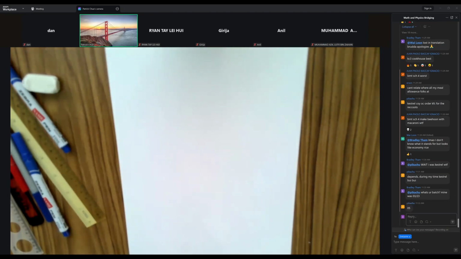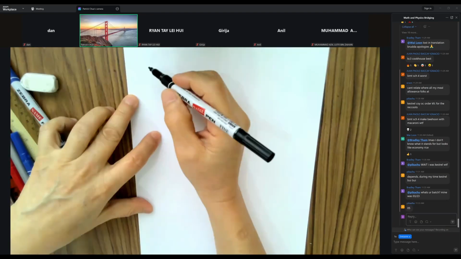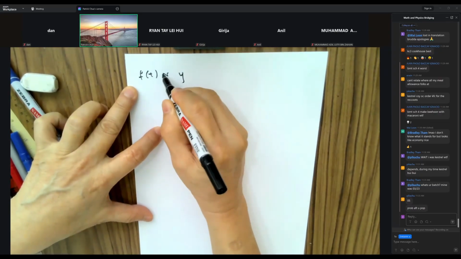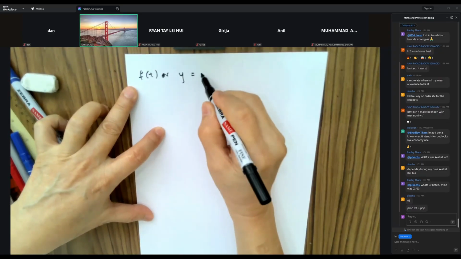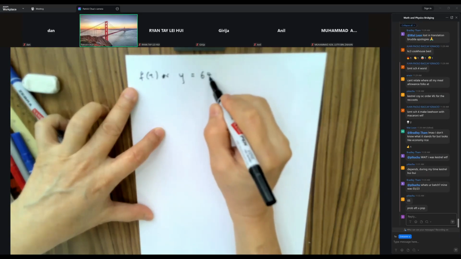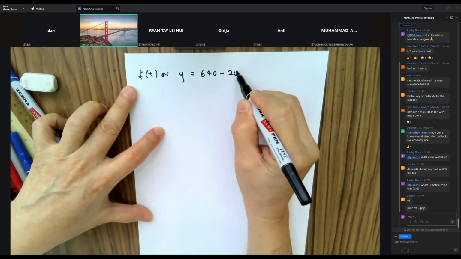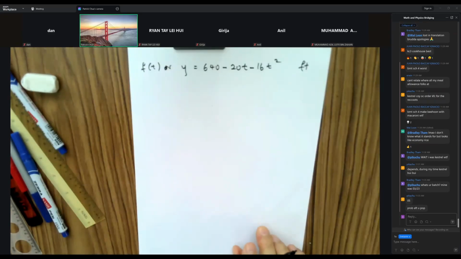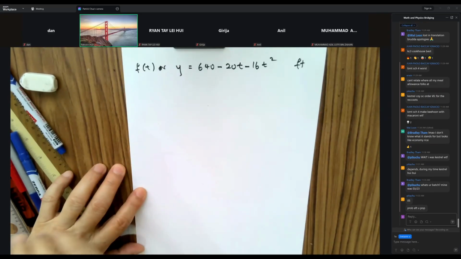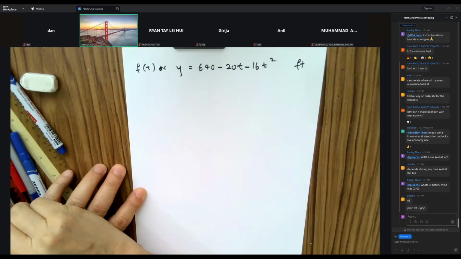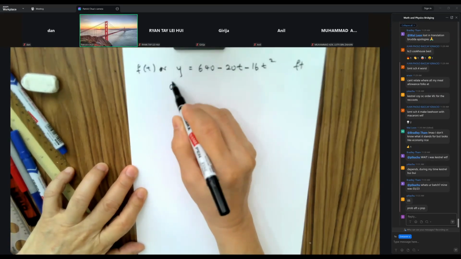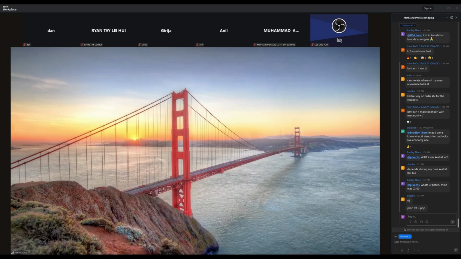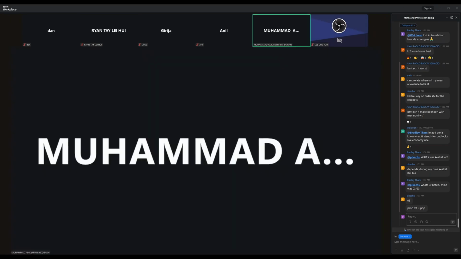So we have this function, y, the height y, is 640 minus 20t minus 16t squared, in feet. Okay, so find the person's acceleration. So what you do is you differentiate this. This is a displacement. You can call it a displacement or height. When you differentiate a displacement,